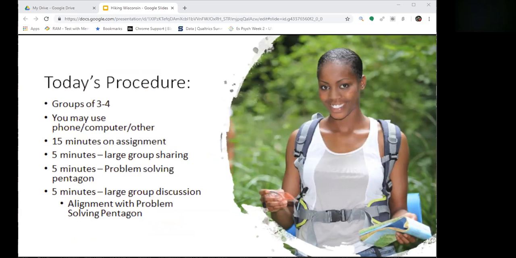What I want you to do is take about 10 minutes, and you'll be talking to each other, and you can use your phones, your computers. You're going to spend about 15 minutes on this assignment, and then I'm going to bring you back into a larger group. But what I would like you to do is this activity,